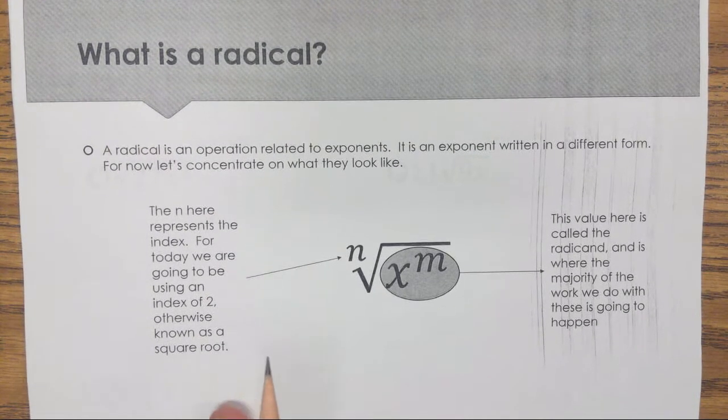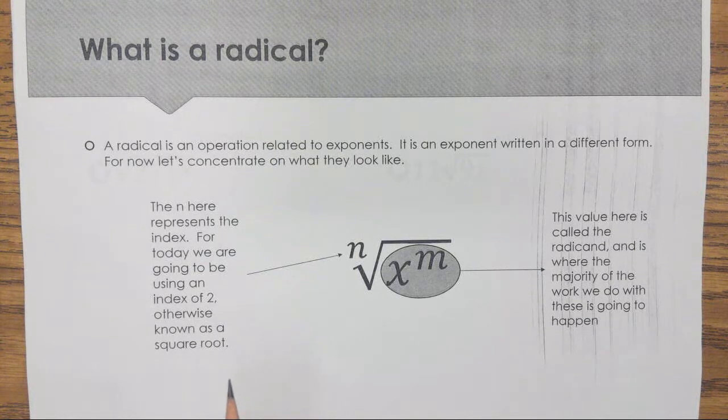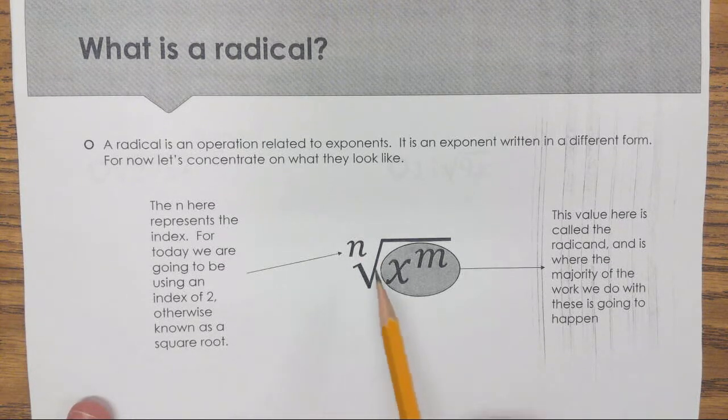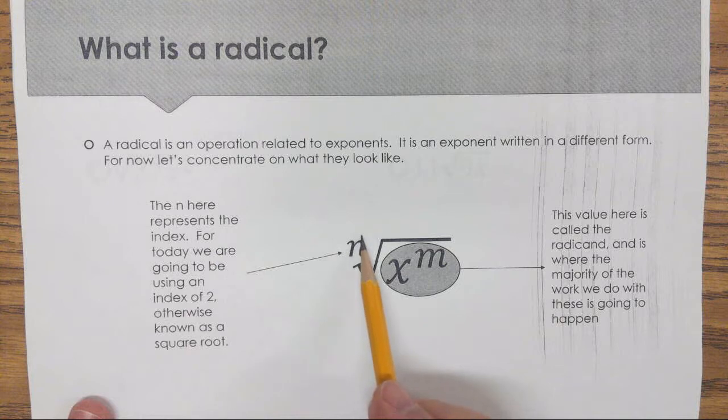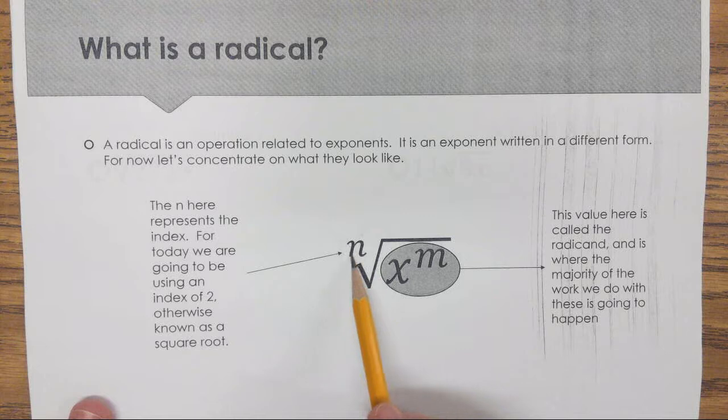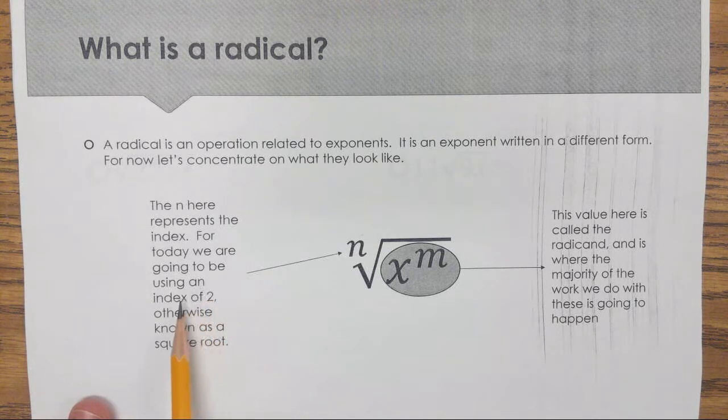A radical is an operation related to exponents. It is an exponent written in a different form. For now, let's concentrate on what they look like, and we'll worry about the exponential form of it later. Every radical has this weird check mark looking thing. You guys know that already. And then it has something called an index right here on the outside, just right above the tail end of this check mark. For today we're going to be using an index of 2,